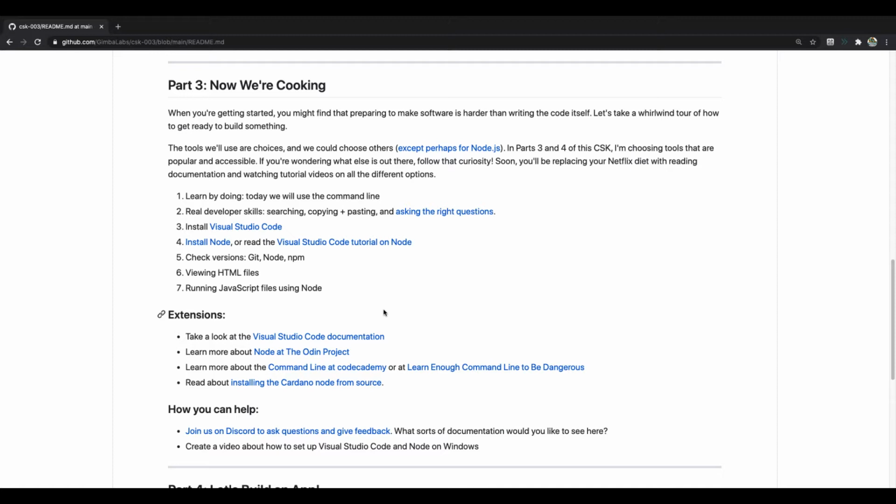I have two specific audiences in mind with this starter kit. One are people brand new to development. If you've never done this before, I want to show you the basics and point you in the right direction for learning a lot more about this. I'm not going to teach you everything, but I am going to give you kind of a framework for understanding where to start so that you can then build your knowledge. You can see right here that I've provided you some different extensions for following up from this part of the